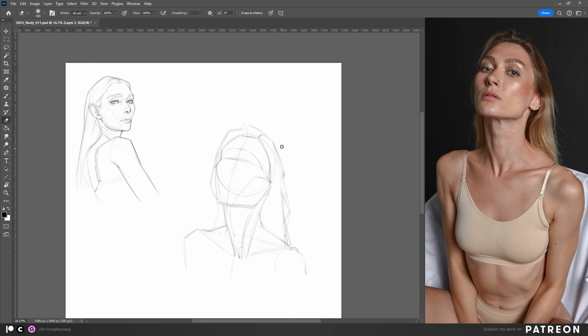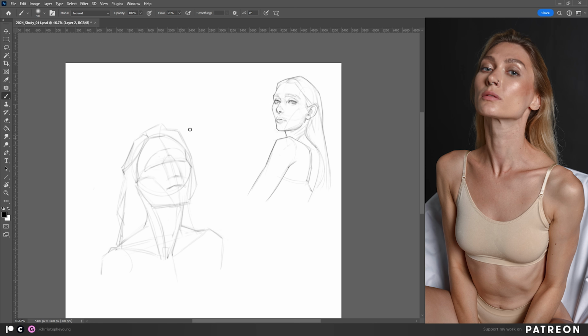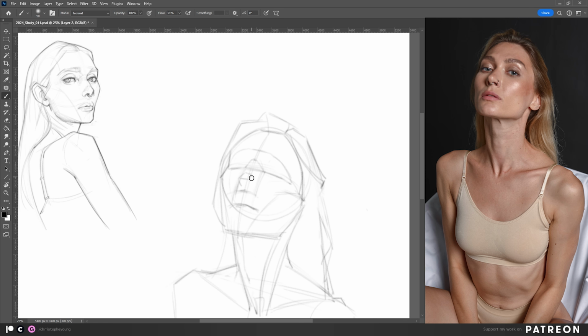We see people at eye level, so we don't often practice heads that are tilting dramatically upward or downward. But for this kind of practice session, just picking some more challenging heads so I can practice plotting all those forms